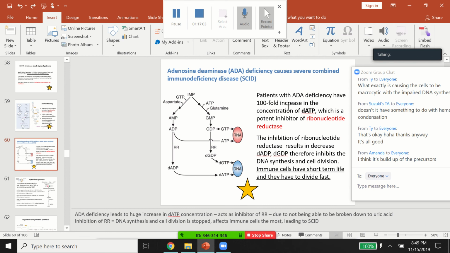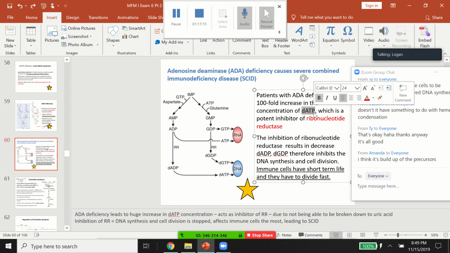But anyway, that's why with an ADA deficiency, since you're able to go backwards, you form a whole lot of dATP and you don't break that down, right? Now, another important thing about dATP is that it's an inhibitor of ribonucleotide reductase. If you remember, ribonucleotide reductase, or RR, forms dGDP and dADP from ADP and GDP. So very, very important in terms of forming